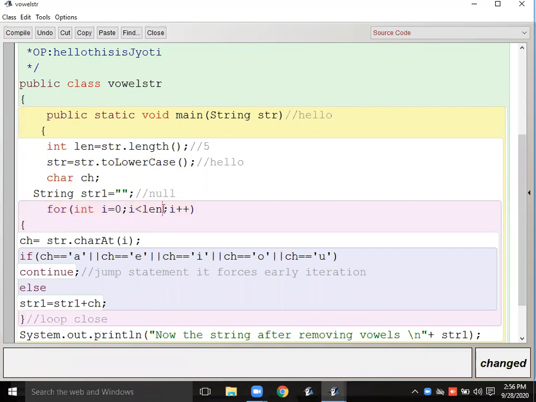From 0 to less than length. This is the statement to fetch the character. Now here, in place of the vowel, I have to check whether this letter is space or not.